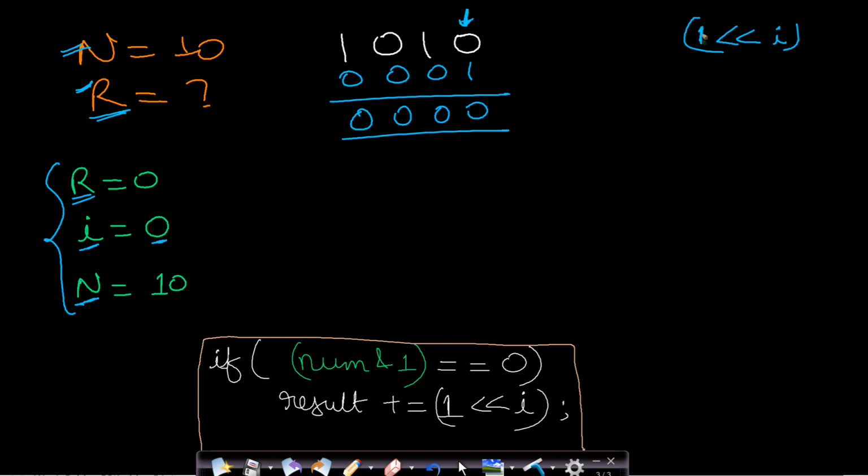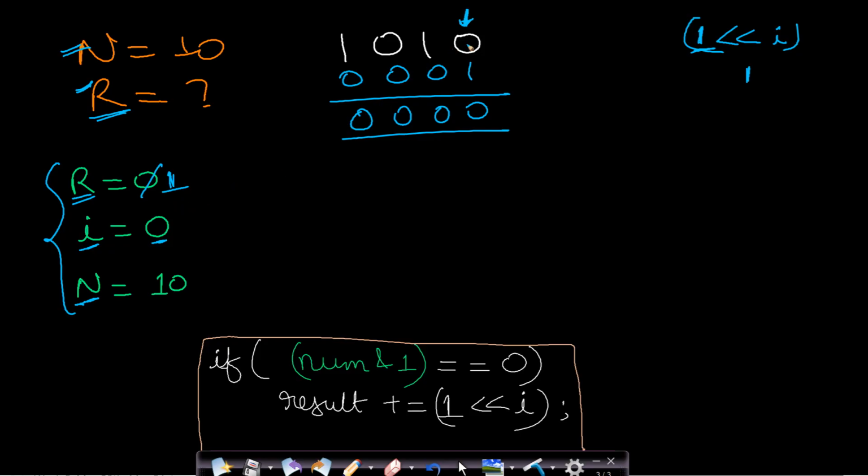If you left shift 1 by 0 times, it will be equal to 1. If you want to store the weightage of some other bits, then it will not be equal to 1. We will see it later. You will be able to understand once I do all the processing. So in this case, 1 will be added to the result. So the result will now be updated and this will be 1.